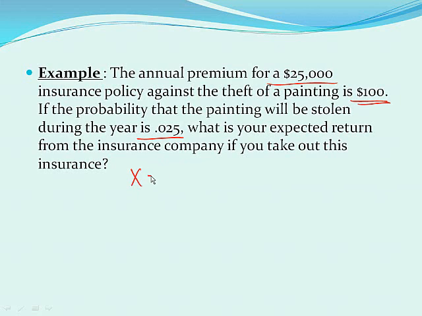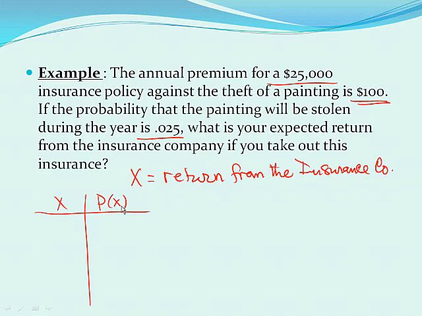If x is equal to the return from the insurance company, the possible values of x will be, we have two cases here. One case where the painting is stolen, so the probability for that will be 0.025, in which case we will be getting $25,000 from the insurance company, but we have to pay $100 for